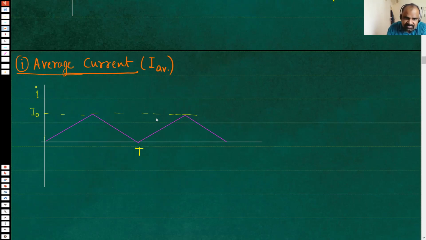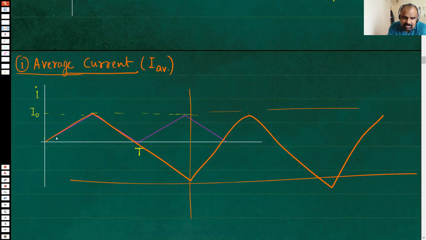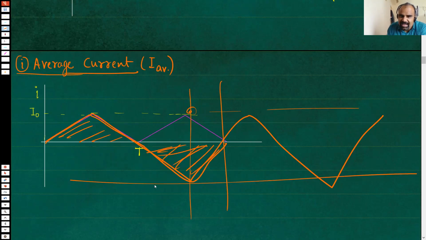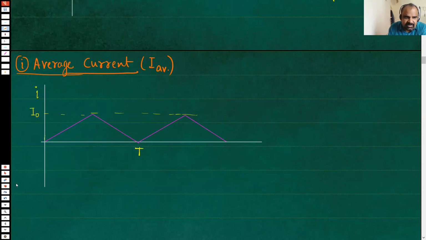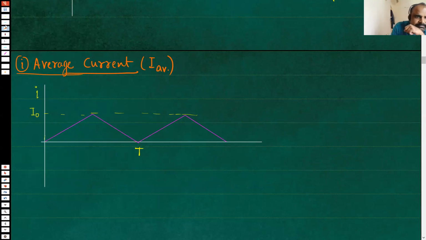You know, if this function was something like this, if I change this function, imagine that I'm changing this function now like this. Then you see from here till here, this will be one time period. Half of the time it would be positive and half of the time it will be negative. So the average will cancel out and you will get 0 as the average. But here the situation is different because there is no negative.